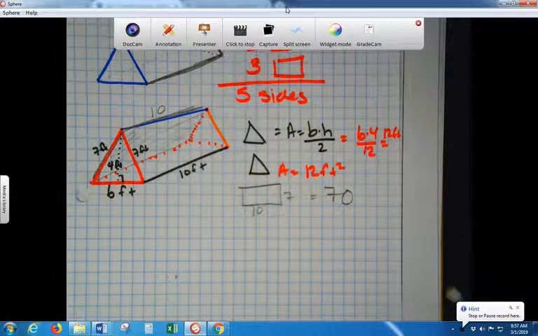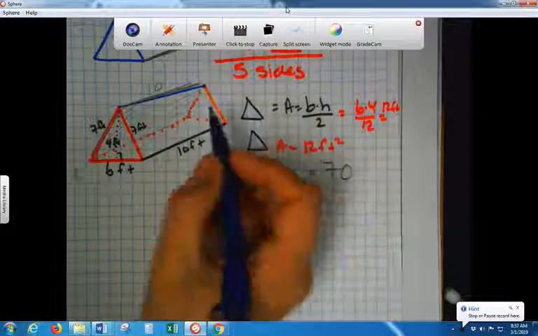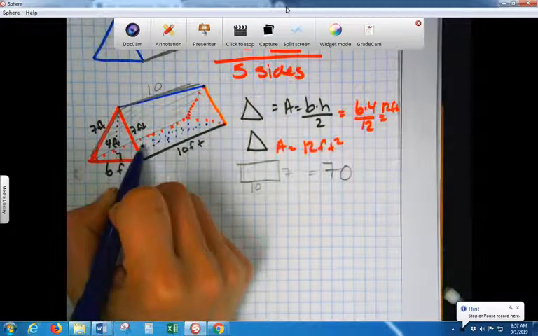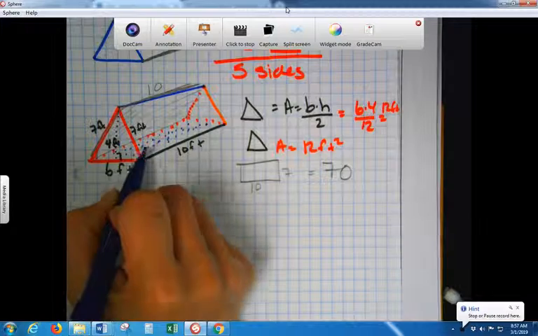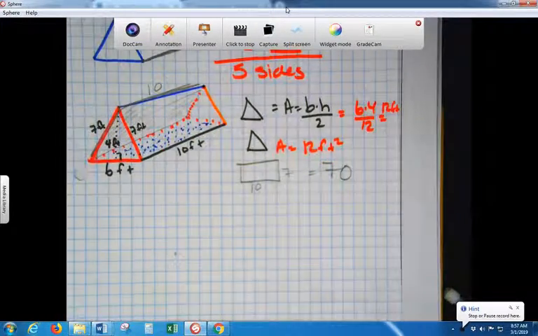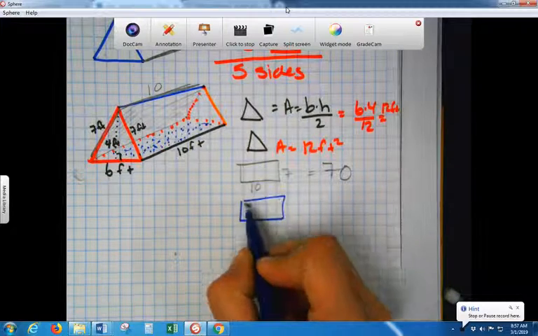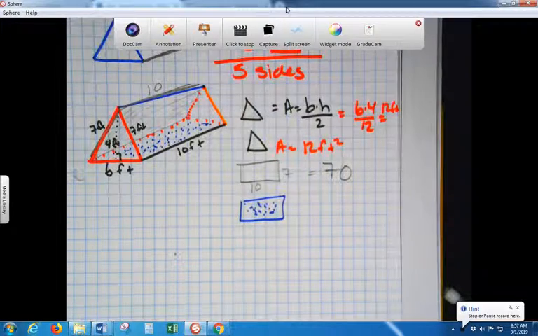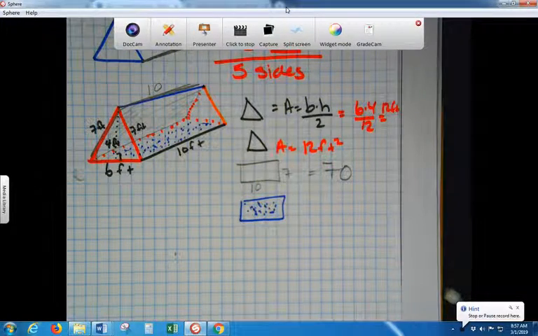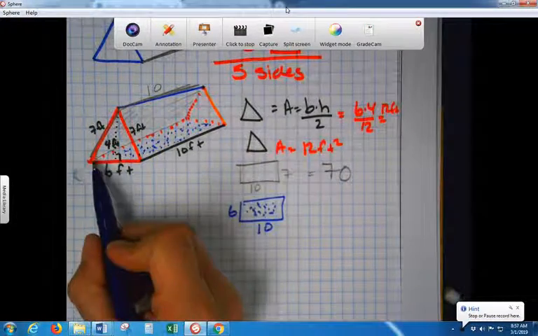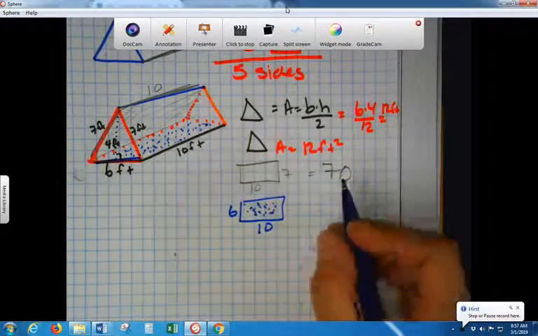Now, let's look at the rectangle at the bottom that I'm going to put a bunch of dots on so you can see it. The rectangle that has all the little dots inside. What are the measurements of the rectangle all the way at the bottom? 10 by 6. Because this is 6. So the area is